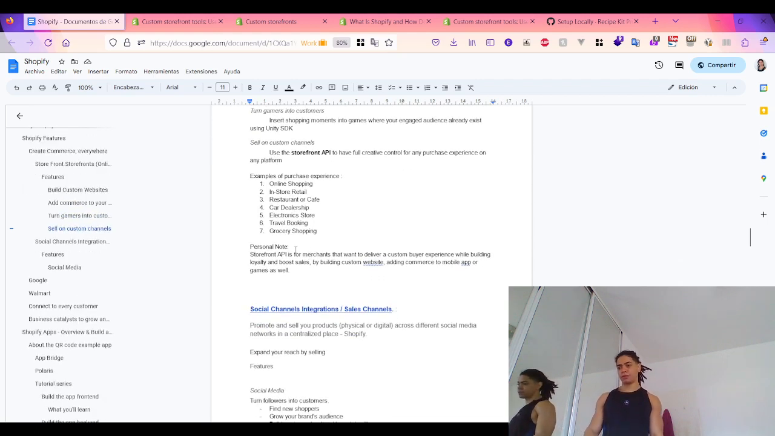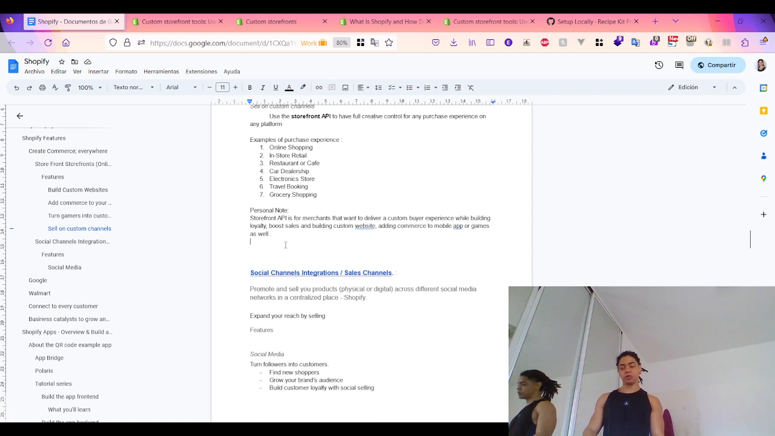My personal note is that the Storefront API is for merchants that want to deliver a customer buying experience while building loyalty and boosting sales, building custom websites, and adding commerce to mobile apps or games as well. This is the TLDR of this. So that is a quick recap of the storefront, which is one of the features that allows Shopify merchants